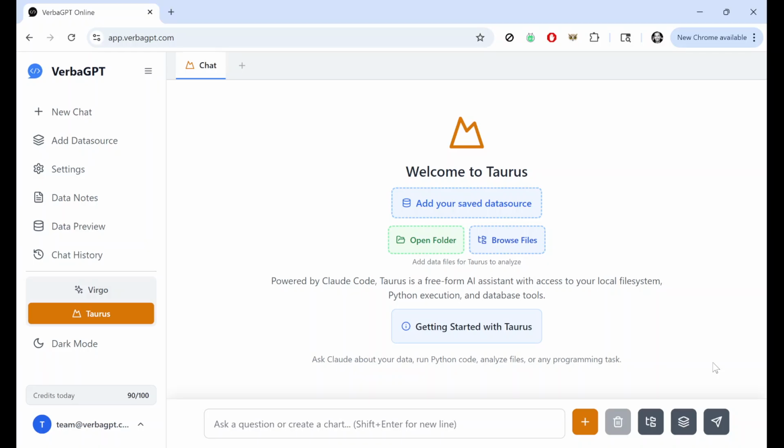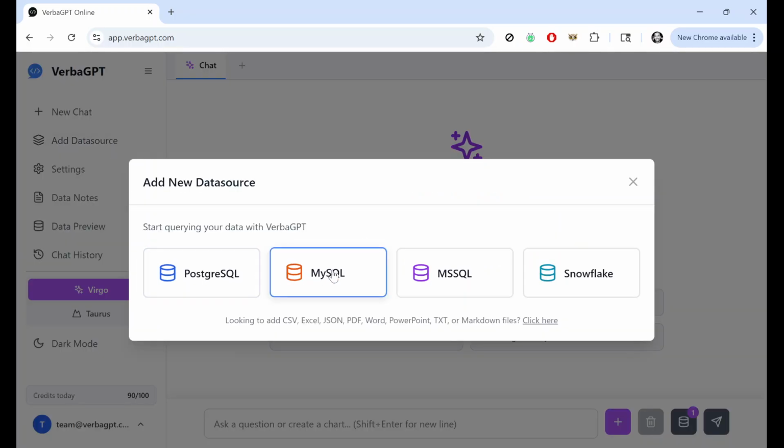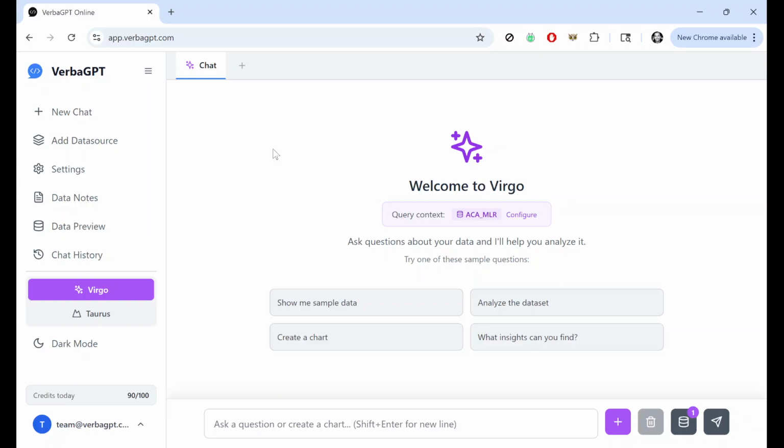In this video, I'm going to talk about VerbaGPT in Taurus mode. It comes in two different modes. There's Virgo, where we can do, I would say, quick analysis. We can connect an online data source, Postgres, MySQL, Microsoft SQL, or Snowflake. But we can also upload databases like CSV, text files, JSON, etc.,